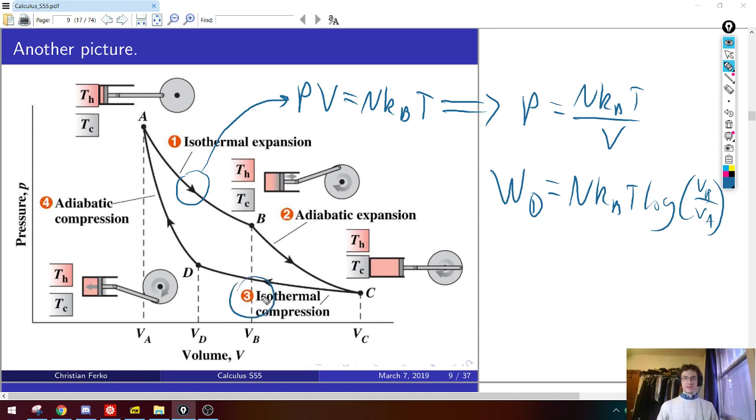And the bottom isotherm at 3 is also pretty easy. The tricky part is these adiabats. An adiabat is different, and I'll explain this a little more, but not in super detail, in the next couple slides. So maybe I'll just ask you conceptually, can you see why we can't apply the ideal gas law and do the same integral on this step 2, the picture I just circled? Why can't we use the ideal gas law there?